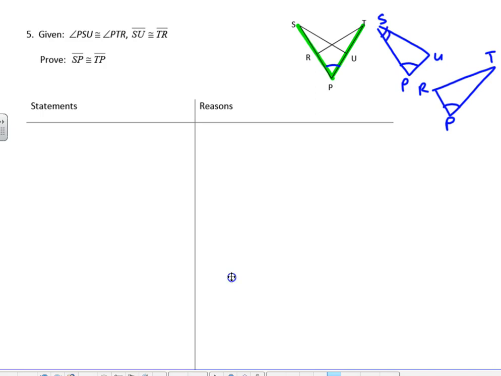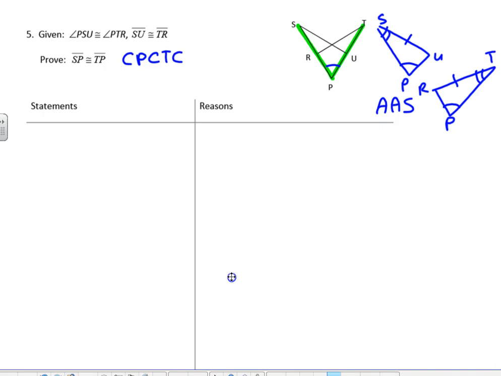So this angle is congruent to angle PTR. That's this angle. And side SU is congruent to side TR. So we've got 2 angles and a side, and the side is not included. So we can prove the triangles by angle, angle, side,